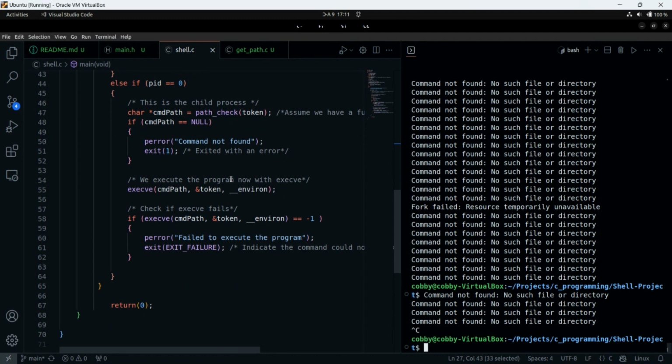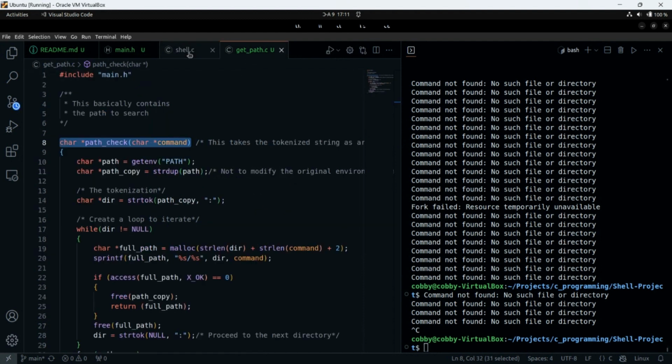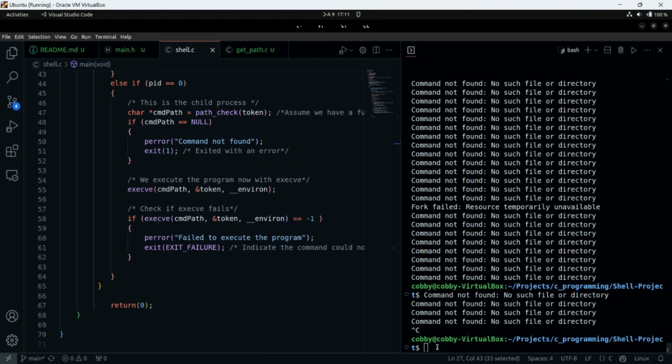I think it's not able to locate the path or something. Okay, so that means it has not been able to locate the path. Wow, that is very nice. We'll get to that. That was the ultimate bug I was solving in the morning that made me late for the meeting.